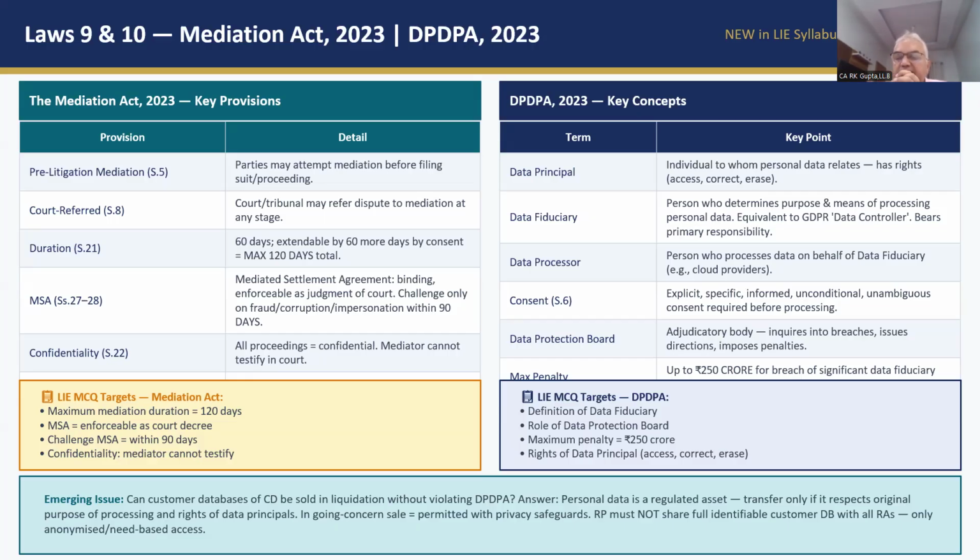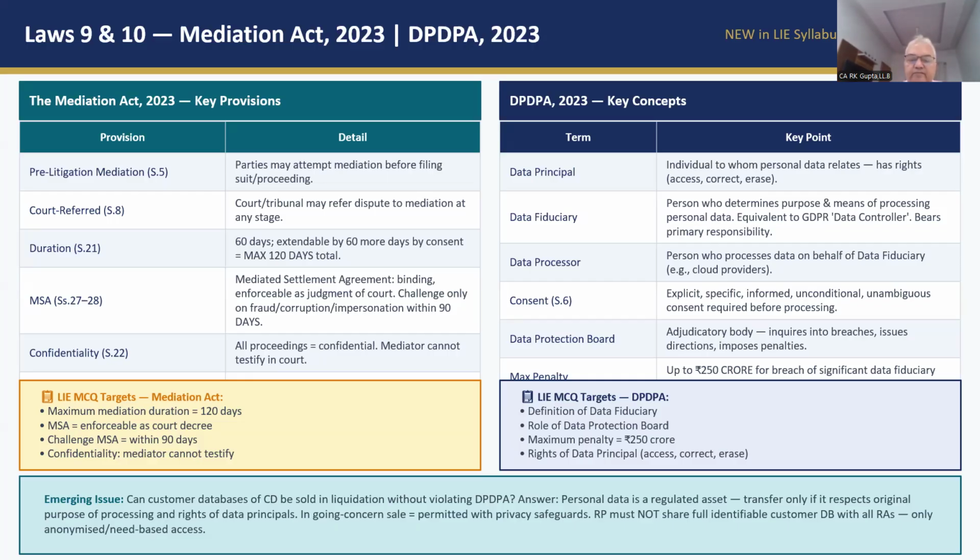Data fiduciary is the person who determines purpose and means of processing personal data. Equivalent to GDPR, data controller. So it bears primary responsibility. Data processor is the person who processes data on behalf of data fiduciary, for example, cloud providers. Consent under section 6 talks of explicit, specific, informed, unconditional and unambiguous consent is required before